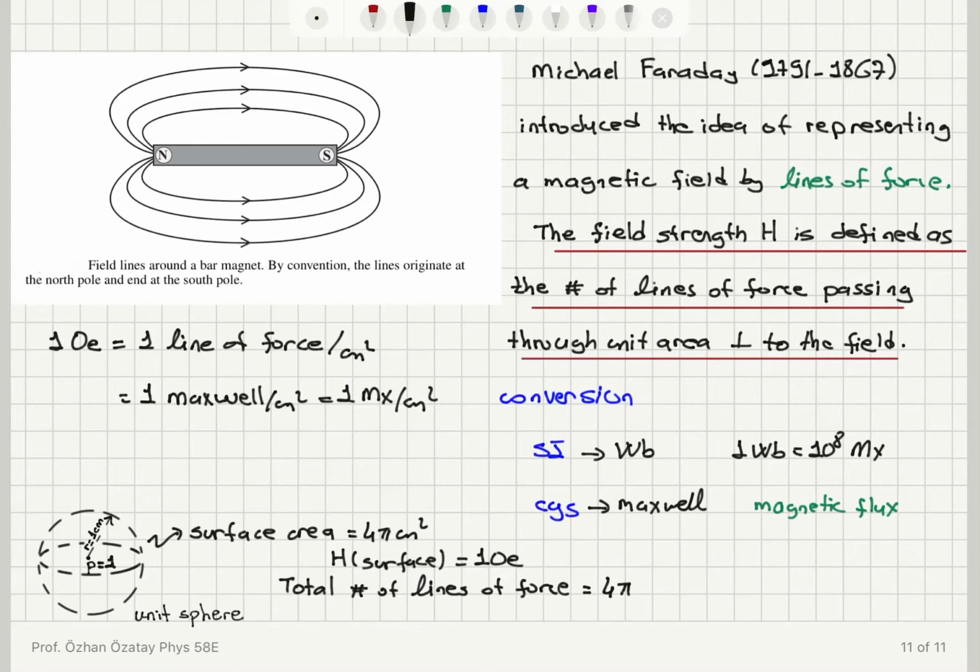On the other hand, if you have a pole strength of P, we can say that 4 pi times P lines of force